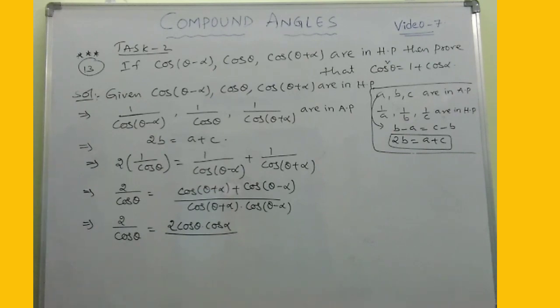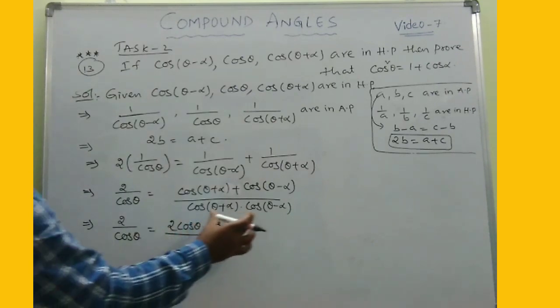I want to mention directly. If not, just one more step extra. You can expand cos of A plus B and cos of A minus B. See that what are the terms getting cancelled, and rest of them if you can add, you are going to get 2 cos theta into cos alpha.